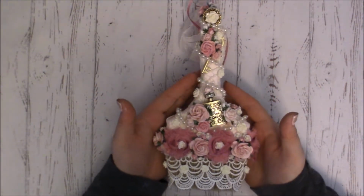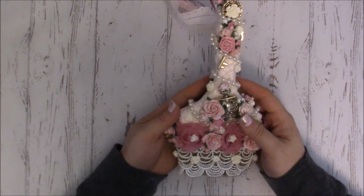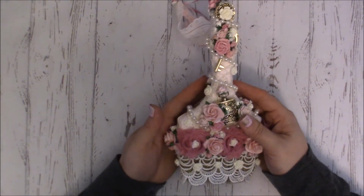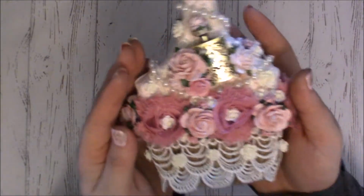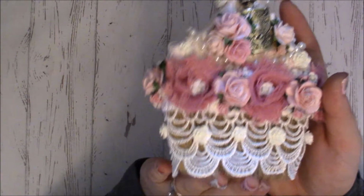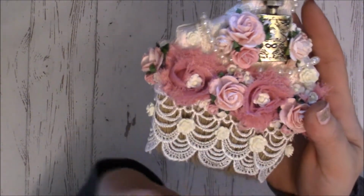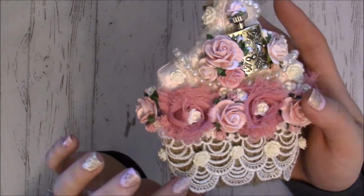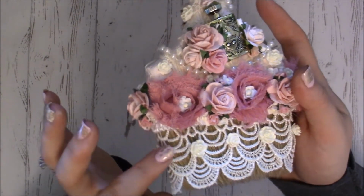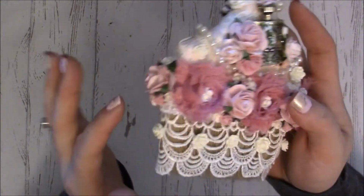So I used a 3-inch paintbrush that I got at the hardware store, and I just put a lot of trim and flowers and lace and all kinds of stuff on it. So down at the bottom, I covered up the bristles. I've seen people gesso them and make them stiff or paint them, but I decided to leave them natural. And I don't know if this is Venice lace. I don't remember the names of the laces, but I did some lace work around the entire bristles,